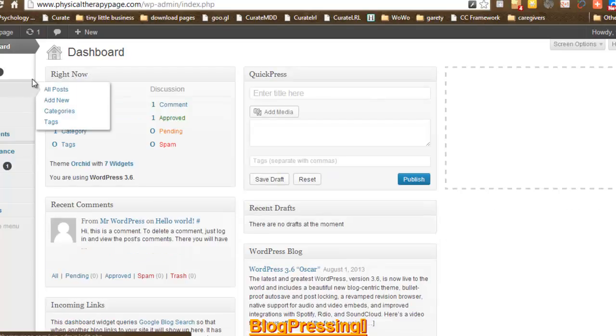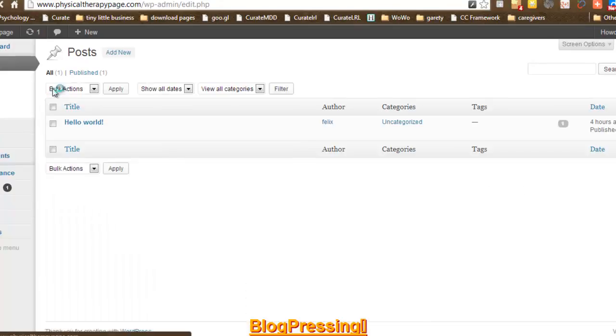Okay, on the left hand side, it's pretty much self-explanatory. This is where your posts are. You can look at all the posts that you've done, or you could just add a new one. A lot of times when you have all the posts, some people do a lot of drafts, and so if I go to all posts, you'll see what's there. If I wanted to add a new post, if I click over here and add new,